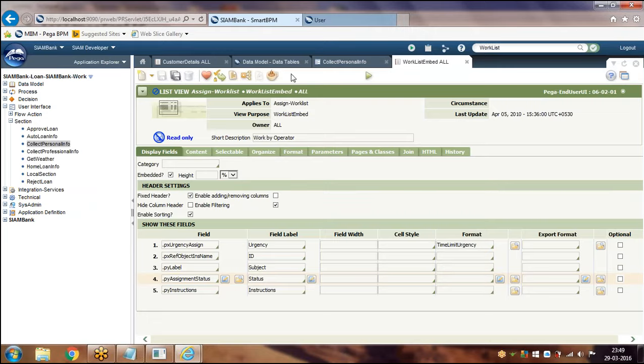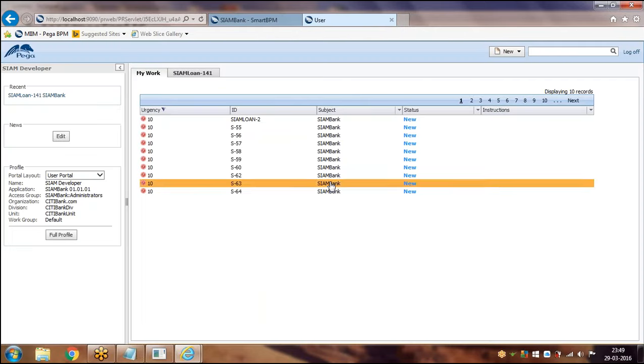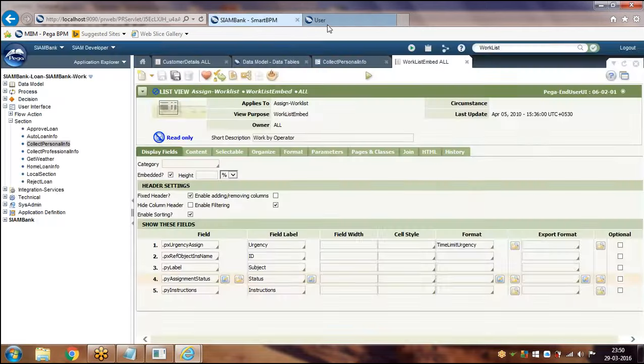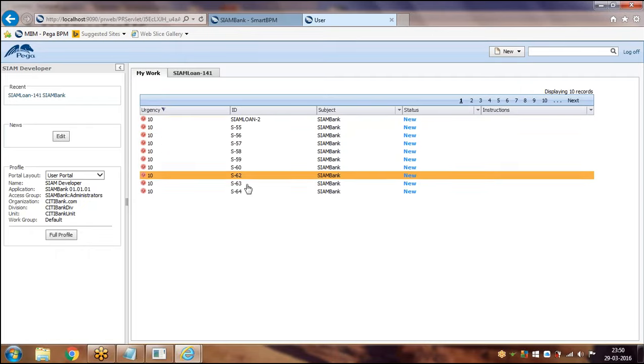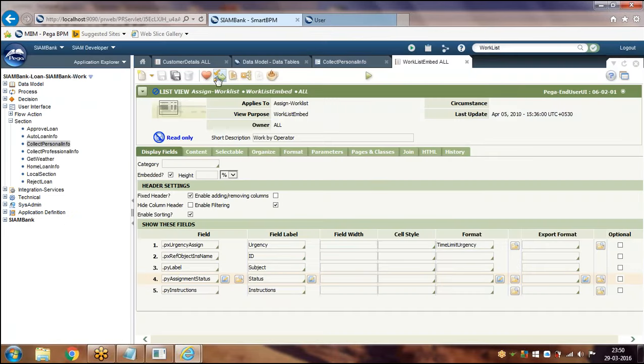If the end users, like if the client's requirement is not to show the urgency, or not to show the ID, or not to show the subject, you can just go to this list view rule, check it out, and remove it.